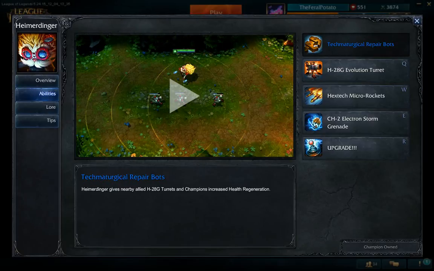Champions get increased health regen. That could actually be pretty good in lane to help someone out if you're doing a duo lane. But obviously most people play him mid and sometimes top as well. I play him top, honestly. In my opinion, top is really the best choice, because that's where you're going to get the most